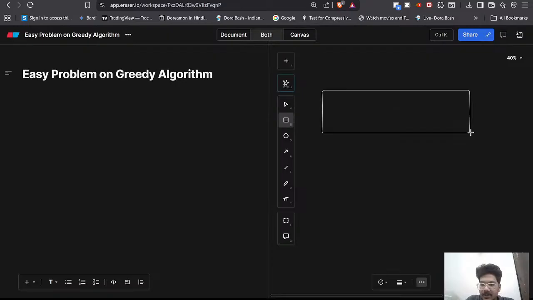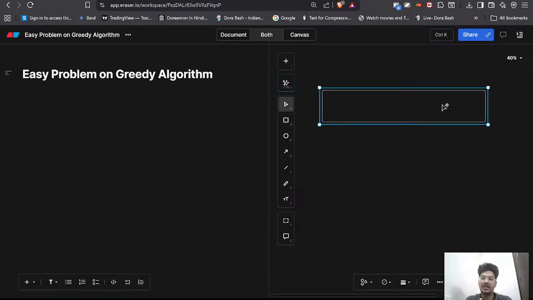We are discussing the easy problem of greedy algorithm. Here the question is that we have a maximum. The problem is,